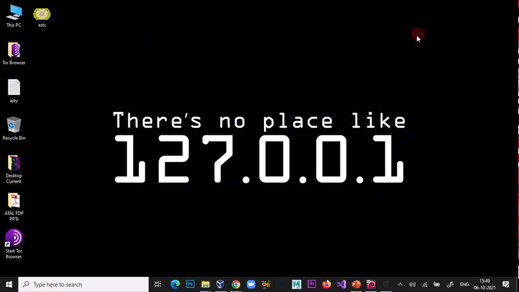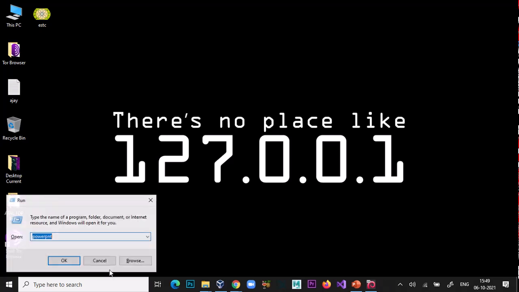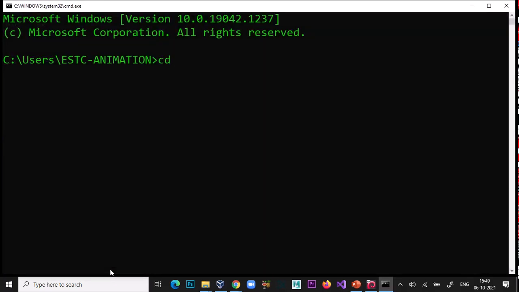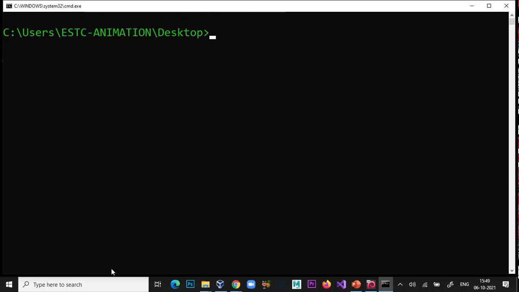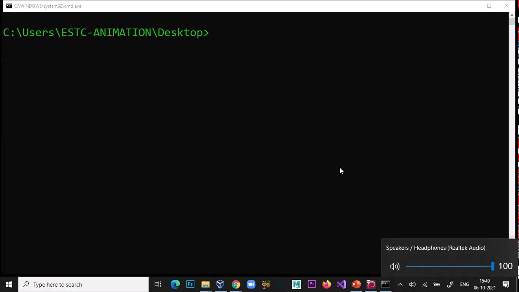Okay, so here I'm not using any tool. I'm using only the Windows command prompt. So here I type CMD, CD desktop, OpenStego.